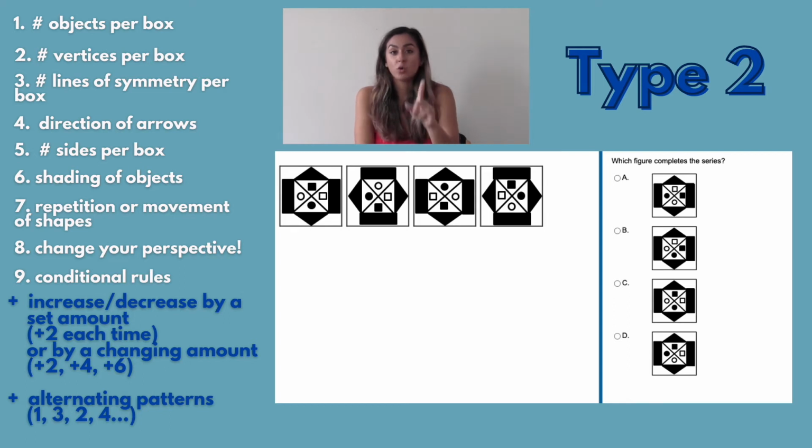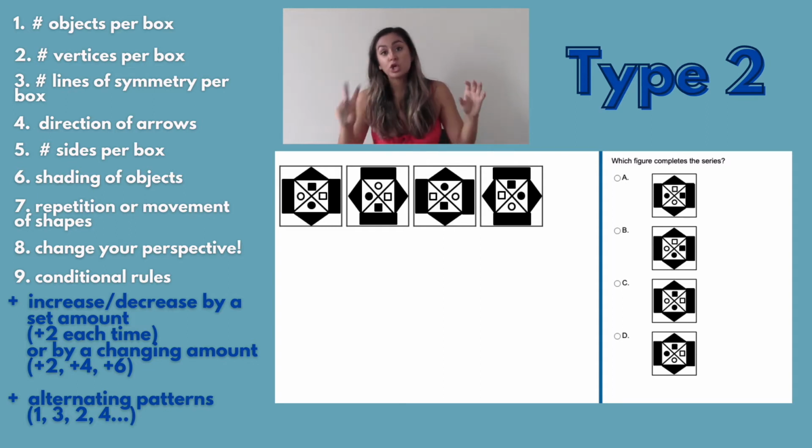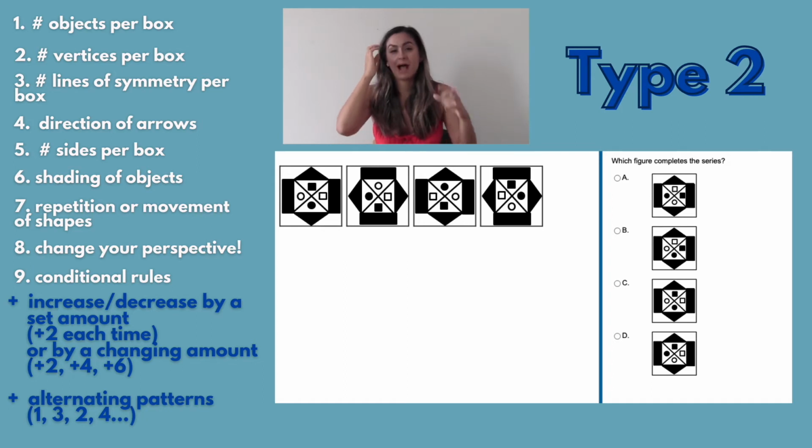Be wary of alternating patterns. For example, sometimes they'll have a different number of vertices. So there's only 1 vertex in box 1, there are 3 in box 2, there are 2 in box 3, and there are 4 in box 4. Okay, so try and see a pattern going on there and have a list in your head. Secondly, again, some of these patterns will be very obvious and very easy to spot straight away, and that's brilliant because you want to be going through some questions faster, which allows you to have more time on different questions which could be a bit trickier.